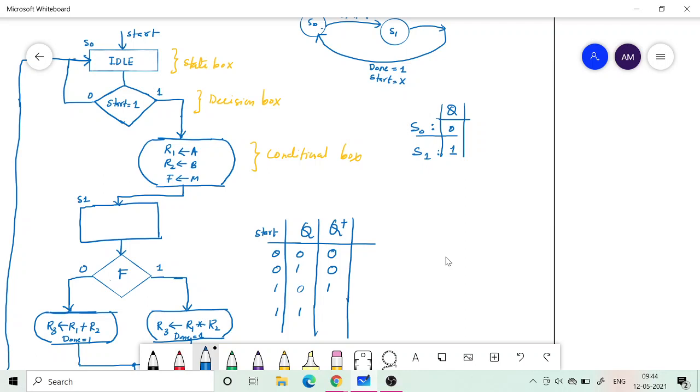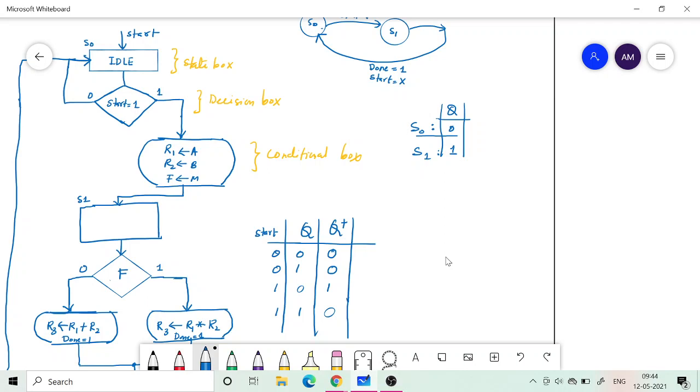And then if I am at S1 and the start is 1, I don't care whether start is 0 or 1, I have to go to my next state, which is going to be S0. Okay, so this is basically the state transition. Depending upon input, since it is a Mealy machine, the next state will be generated. Okay, so now we need to generate the control signal.